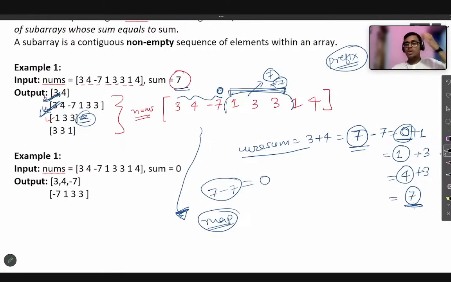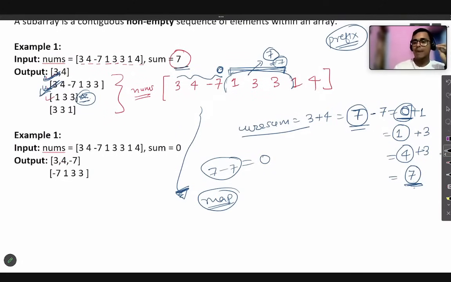Let's say in C++ you are using a map, in Java you will write a hash map, and it will be a key-value pair. And why we are using a key-value pair, you will get to understand this. Just listen to me. In the map, two values will be there. The first value is called the key, which has the property of being unique, and the other value is the value, okay? I think you are aware of this.